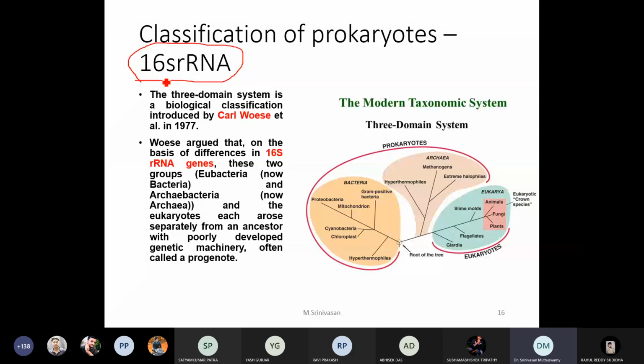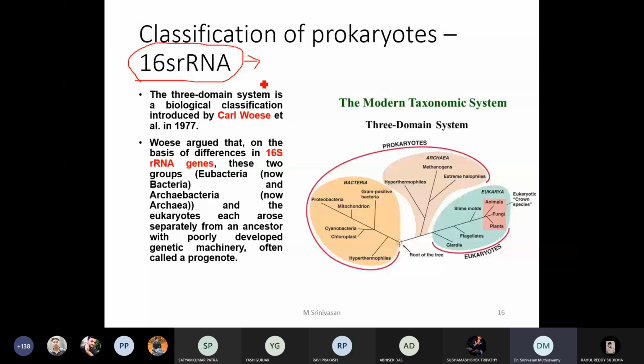Ribosomes contain this 16S rRNA. 16S rRNA is a kind of nucleic acid. By determining the sequence, what kind of nucleotides they have, ATGC, like that, and the number of nucleotides in this RNA, they have been able to classify organisms